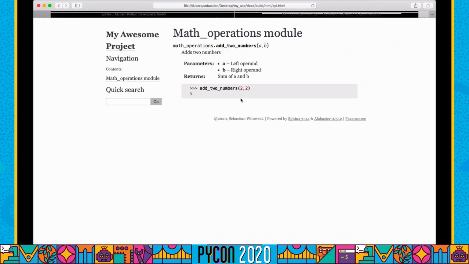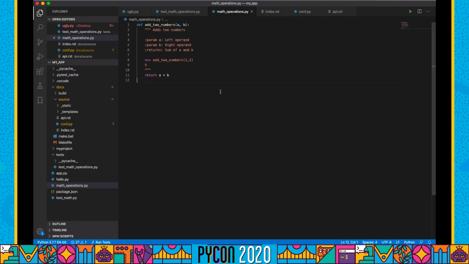If you're wondering how we get those parameters and the return value, that's because I modified the math operation and I added more stuff to the docstring. If you go to the Sphinx documentation, you can see how you can specify parameters and return values of your